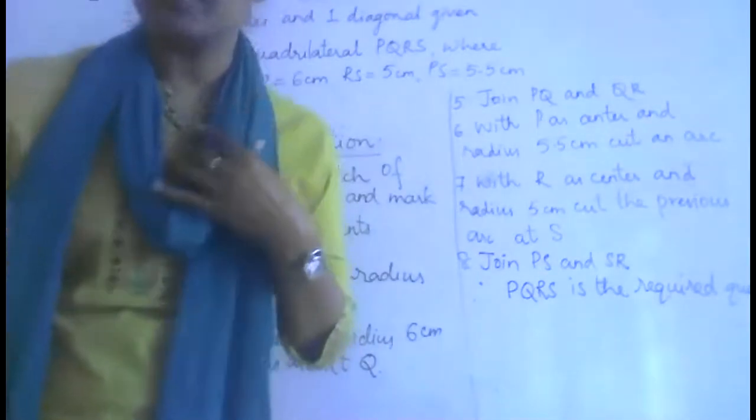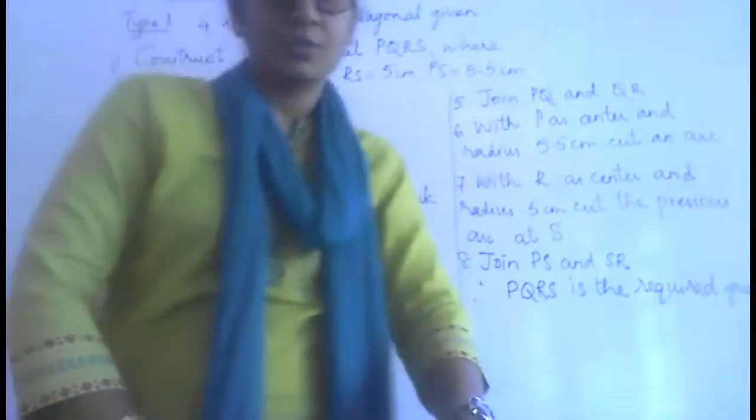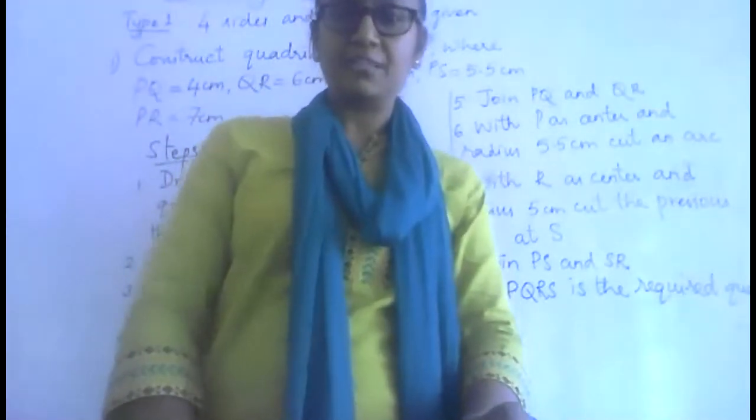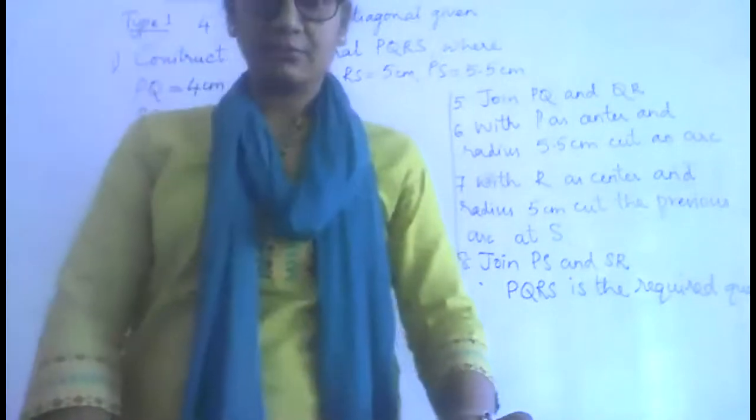So this you have done along with me. Today, after the class, you have to take up one more from your textbook and try it out on your own. Now turn to page number 60 in your textbook. Okay, good. I'm seeing some of you showing me the steps of construction. I can't see how you have written, my dear. Somehow it's not visible conveniently for me. All right, if you have done, very good.